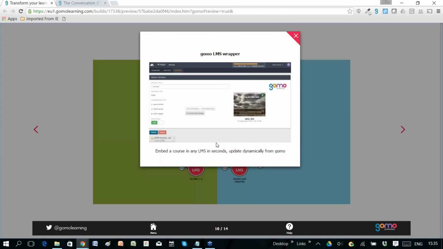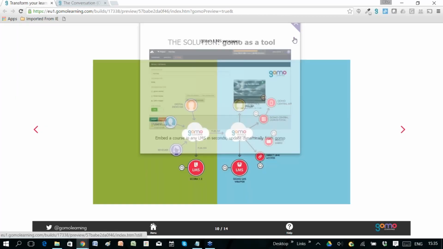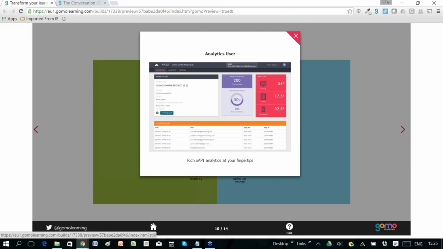And the beauty of this is if you need to update that 200 megabyte course with one spelling change, for example, all you've got to do is overwrite the course in Gomo. There's no more republish, rezip, re-FTP, re-SCORM, re-upload, and re-download. So dynamic content updates from Gomo. And behind all of that